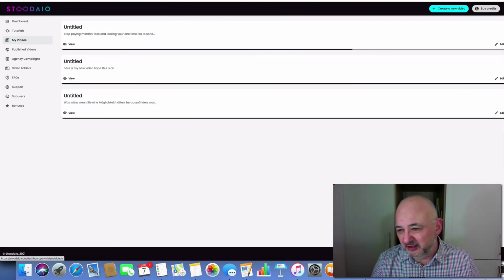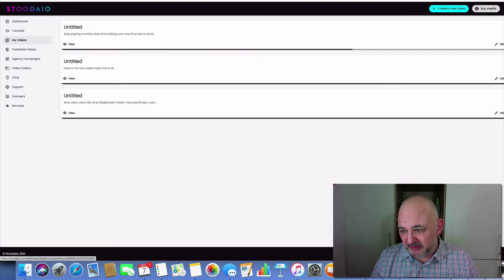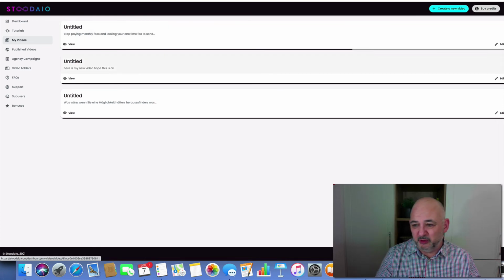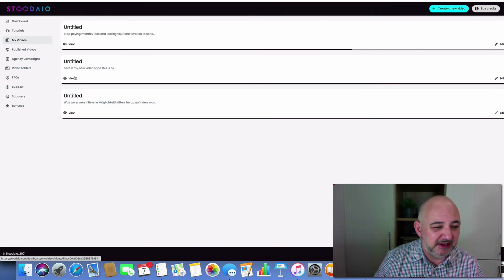What you can do is remix them, so you can regenerate them if you like. You can listen to the music on there, the music selected, the audio, voice, and you can edit everything there as well, so you can change it around. If you've got a good video, you can make a new one of that. Very, very easy to do from that section.